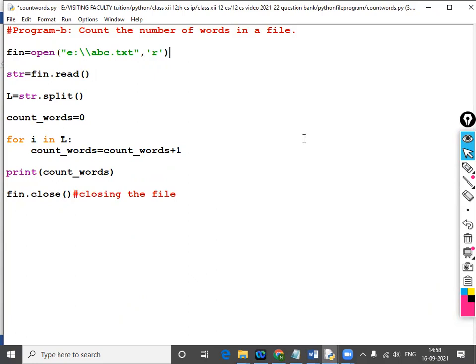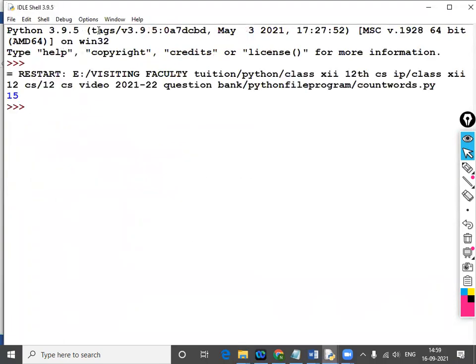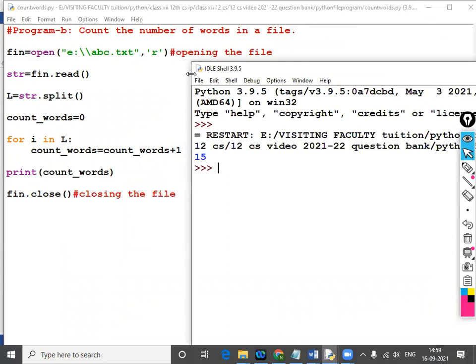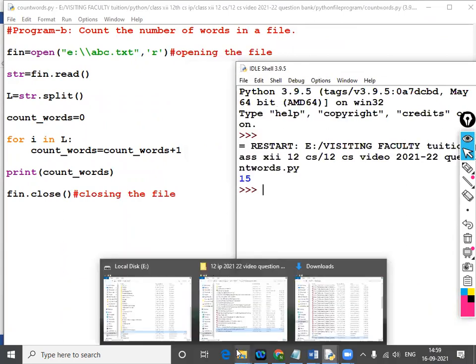Opening the file, read str, count words. Now I'm running it. 15 words are there. I'll open that file.